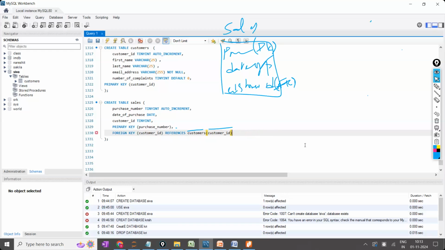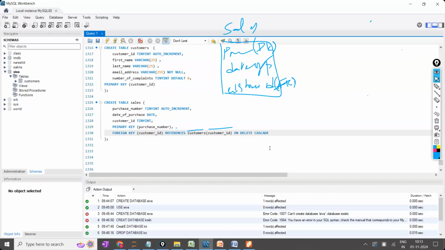Remove this, and it will still be executed. But whenever you use the foreign key, without using the reference, it will throw an error. Can you see the slight red mark here? Whenever you are using the foreign key, the reference is mandatory. The connection is mandatory, so we have to add the connection like this. On delete cascade is not compulsory. Why is it not showing the red mark now? That is a constraint. Constraints are optional.